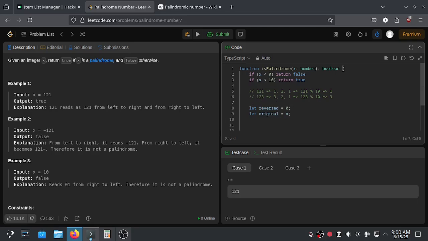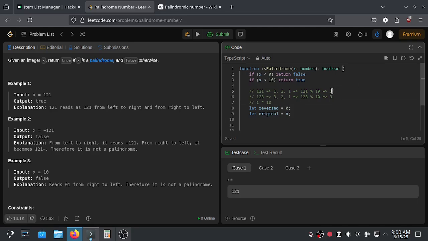And then for the second iteration, we need to construct the second place, so for 1 2 1, we can use 2 as the second digit. We can use the reverse, times 10, plus the last digit.